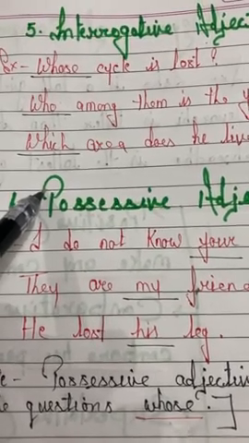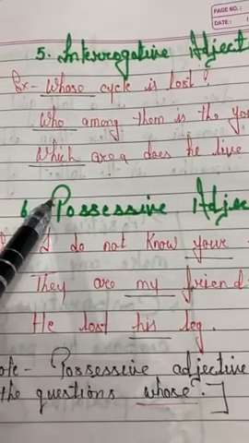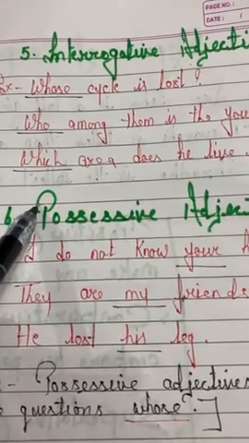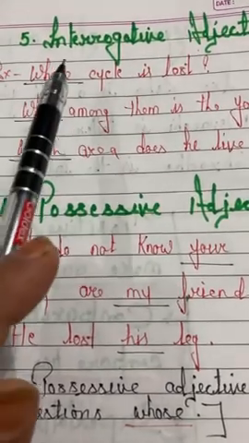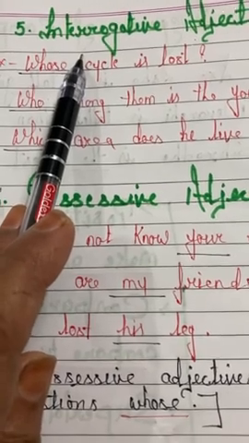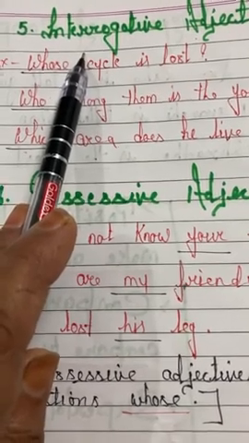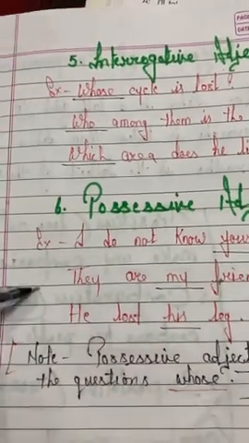That means interrogative adjectives are used to ask questions about a noun or a pronoun. Clear? Come to the last one,